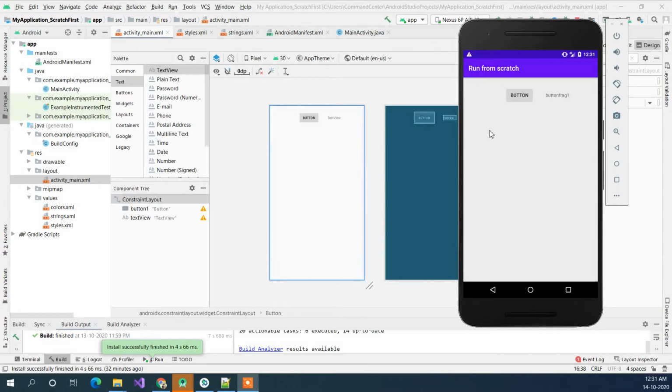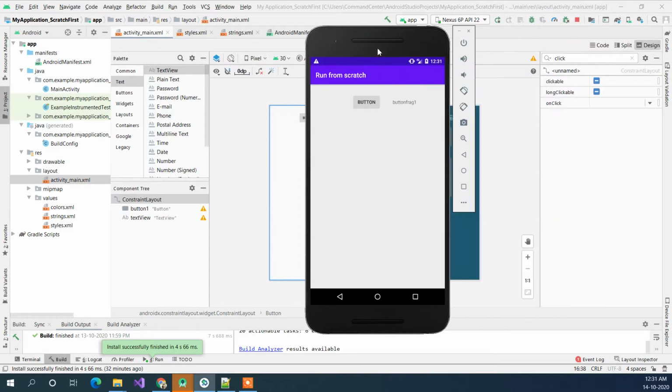Hi everyone, in today's video we are going to discuss some things about fragments. Fragments are like a layout which can be replaced with different fragments. What we will try to achieve is we have a requirement: there are going to be different buttons, and here we will define a frame layout or a fragment layout, and when we click on different buttons it will just change the layout within this.